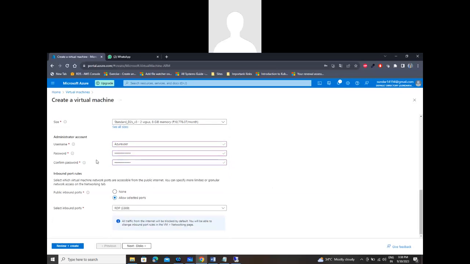Next thing, as I told, we need to give the port number. Then only we can take RDP. You see, I just selected here, public inbound port. Public means we are taking the RDP from outside. So for that I am giving the port number